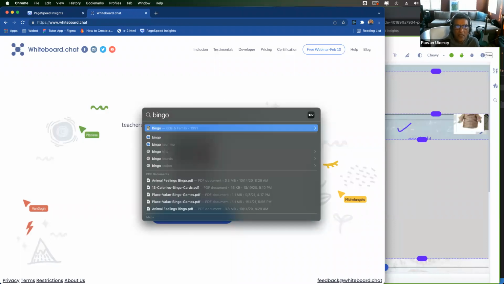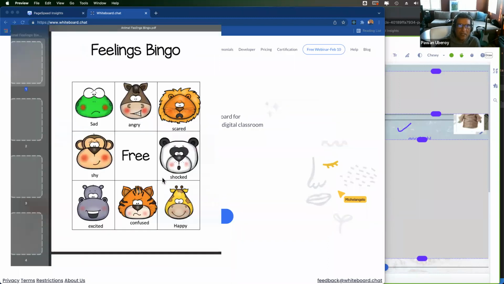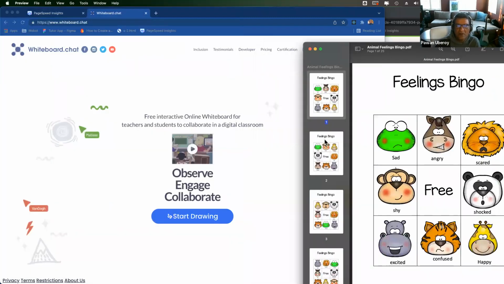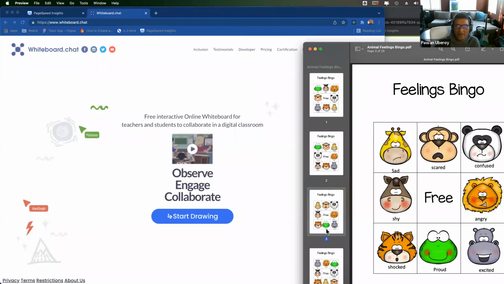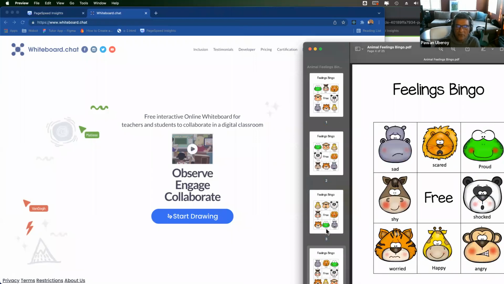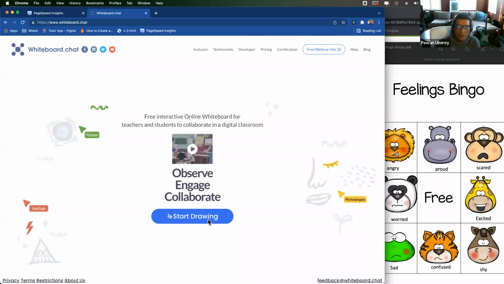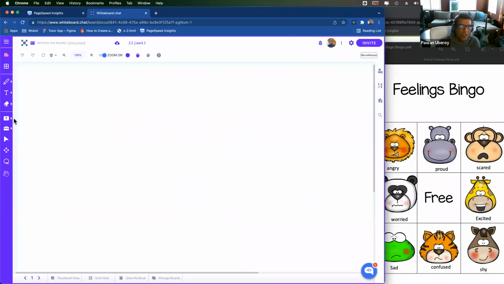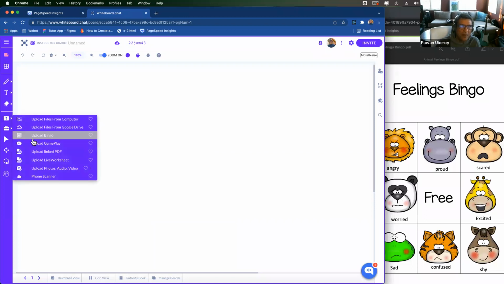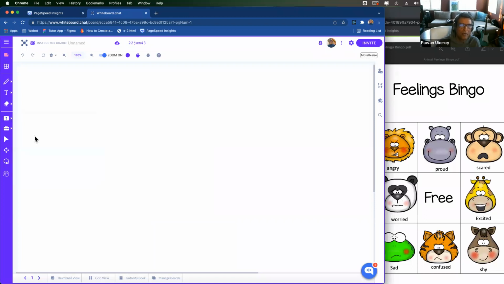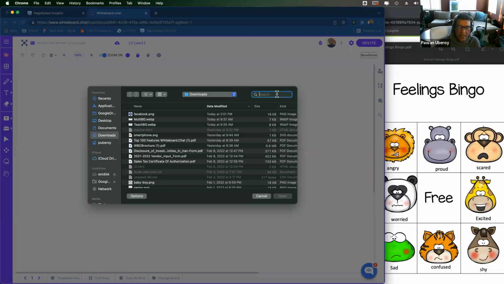Right, so online you can find places where you can create these bingo tiles, where each page of the bingo PDF is a different bingo tile. So you can go to Whiteboard.chat, start a new session, and when you upload, you say I'm uploading bingo, upload bingo, and then you just find this bingo